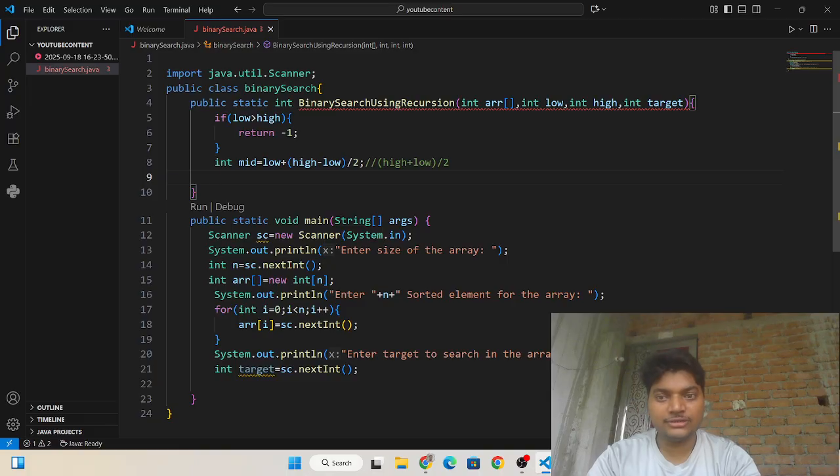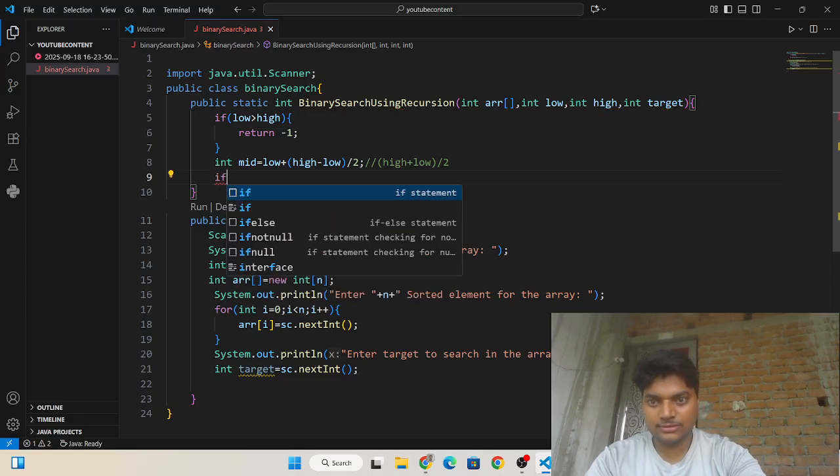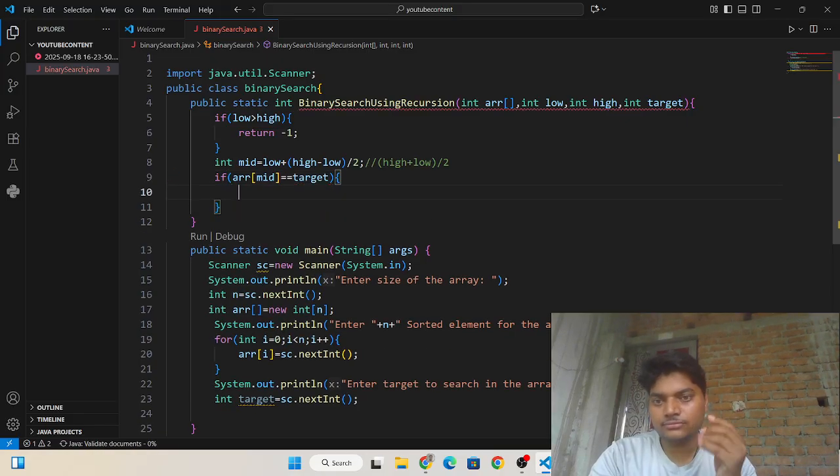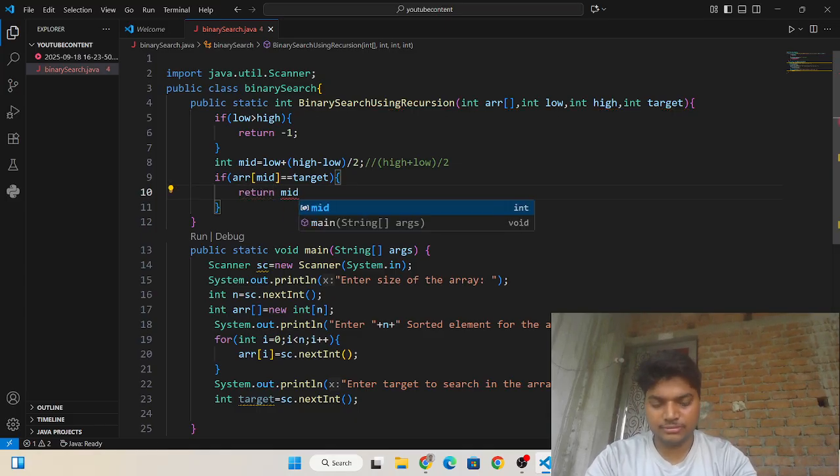Now I'm going to write the condition for the recursive call. If arr of mid is equals to target, then you need to return mid.